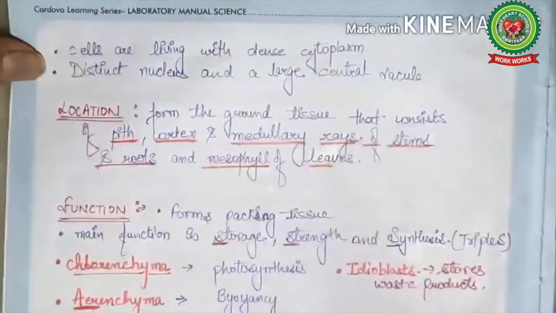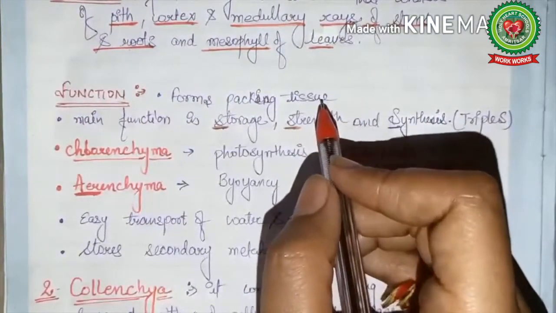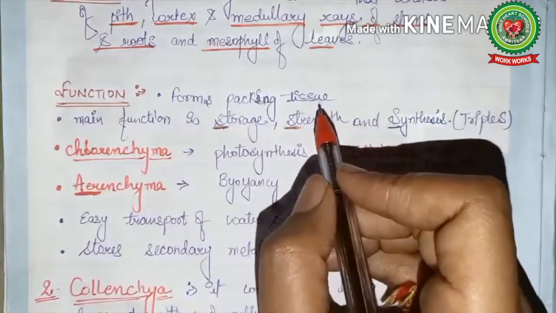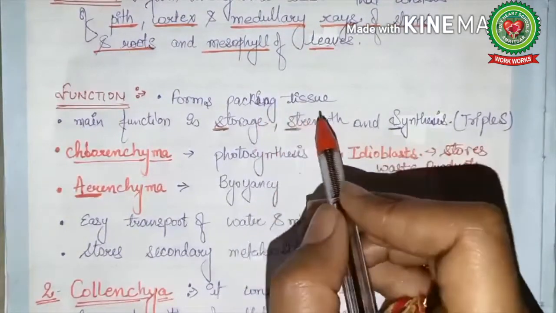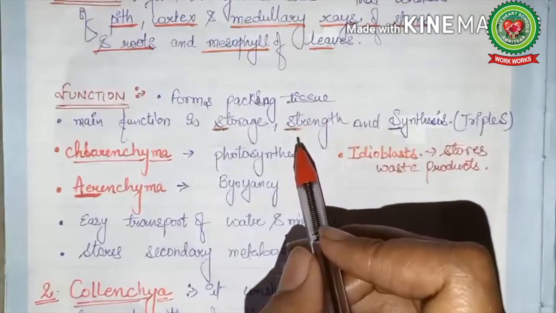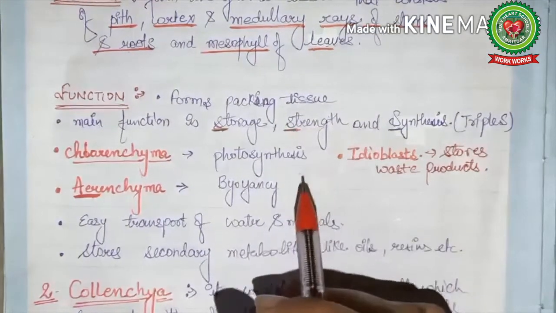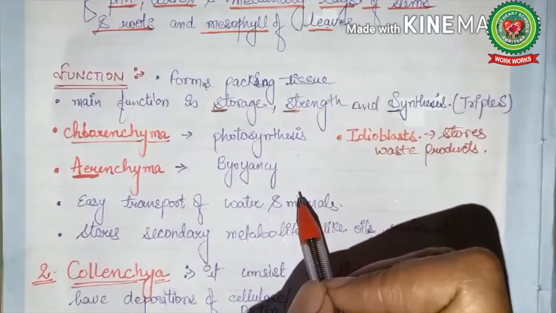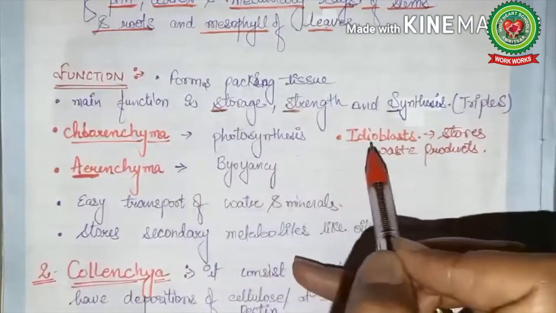Now, coming to the functions of parenchyma tissue, the basic function, as I have already discussed, is to store the food. It is actually acting as a temporary storehouse of the food. Along with this, it also forms the packaging tissue between more specialized tissue. Like in the case of potatoes, amyloplasts are present, that is actually the parenchyma cells only. In leaves, spongy parenchyma is present, having a number of intercellular spaces that are basically meant for exchange of gases. Along with this, there are three specialized kinds of parenchyma.